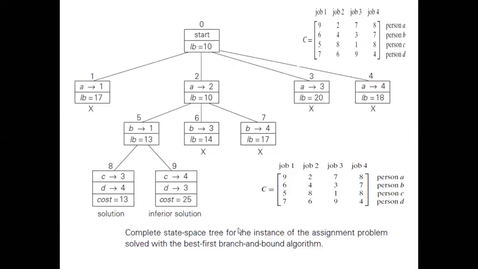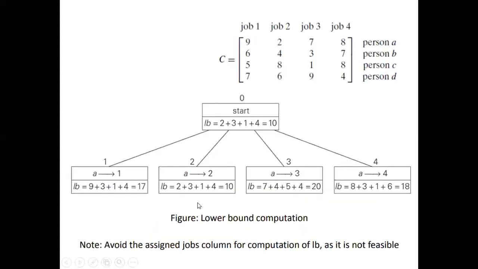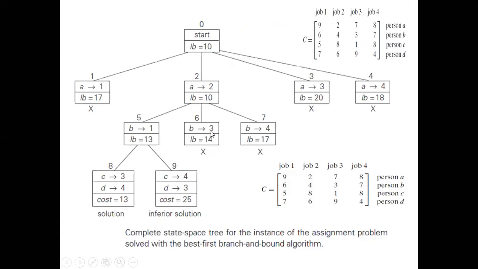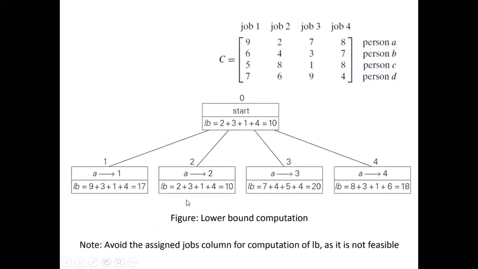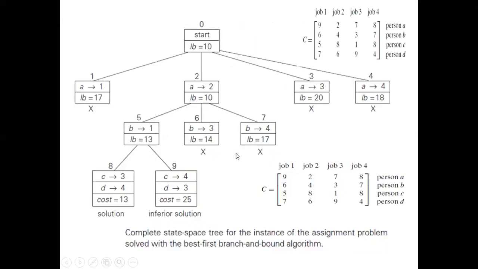You can write down, for simplification purposes, these values also. It will not make any difference. Fine. So now if you observe, we know it is a minimum cost, right? The minimum values over here are 17, 10, 20 and 18. The minimum value here is 10. So now we need to branch further, correct? So we need to branch further with these possible values.